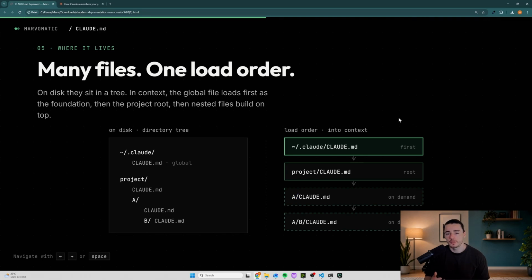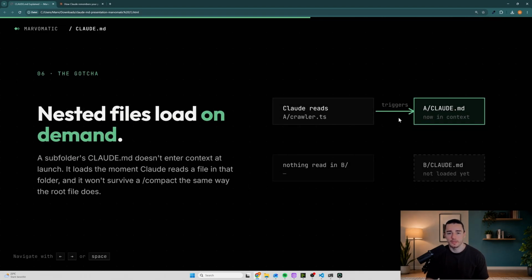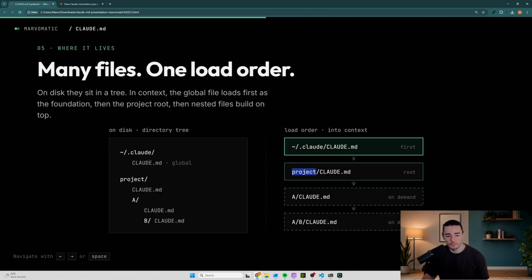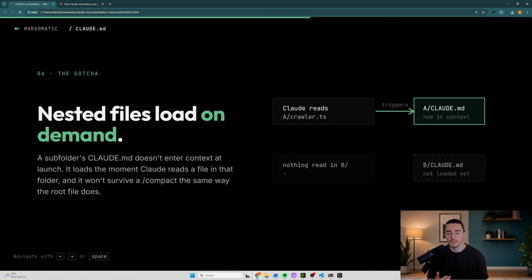Another cool thing is that Claude is also able to discover the CLAUDE.md files on demand, which means that if you're working in a project, let's say you are in the current working directory, which is project, and then you take Claude Code to discover a subfolder, and this specific subfolder also contains a CLAUDE.md file, then Claude takes care of injecting that into your session. This is also a reason why it makes sense to add CLAUDE.md files into subdirectories, because you can summarize the content of the directory within that CLAUDE.md file, which is usually